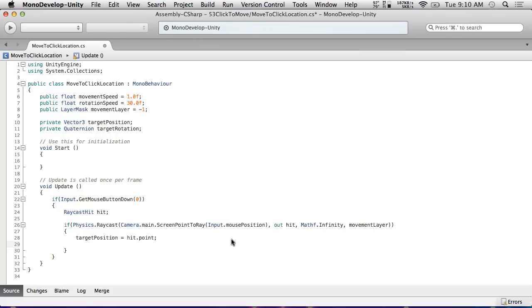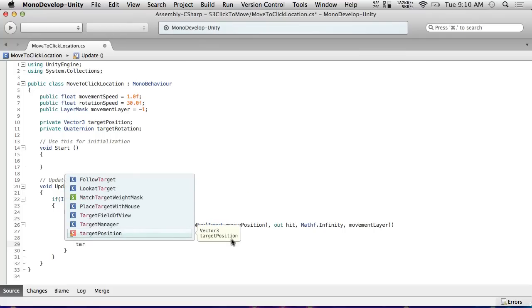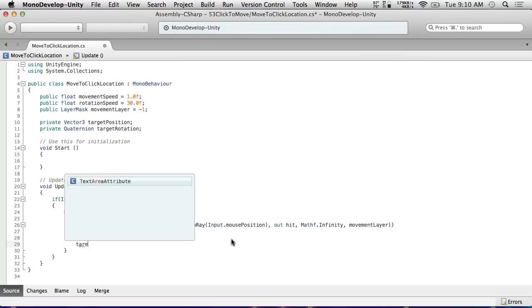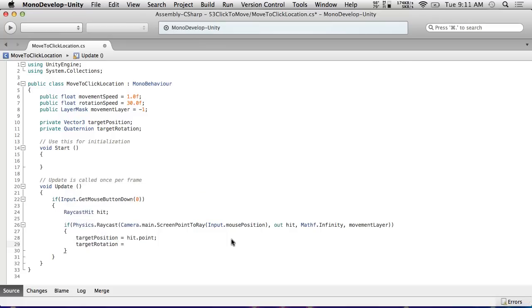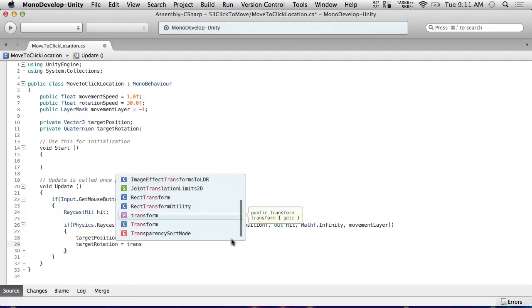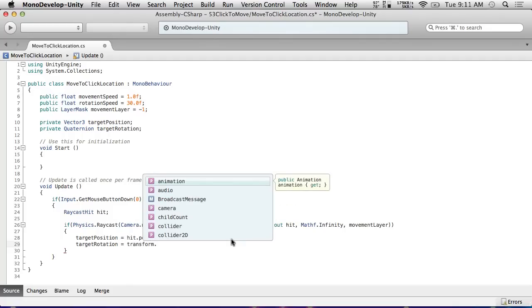Rotation, target rotation is a little bit trickier, not that much though. Target rotation equals... yeah, this is a lot trickier. So move to click location. This is going to be on the object that's moving. So we will do transform dot position